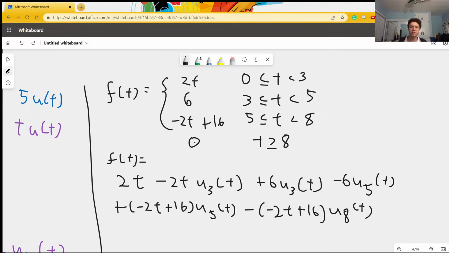And because for t greater than 8, it's supposed to be 0, we're good. We've turned off everything that we ever had. And we've now expressed this piecewise function as a bunch of unit step functions. You may think this seems like a bunch of silly mathematical finagling when this is really just this expressed slightly